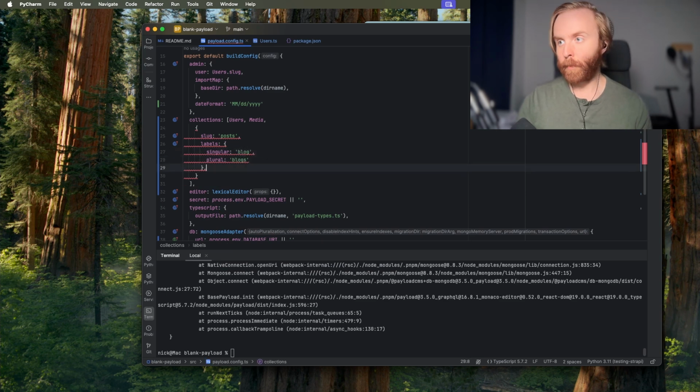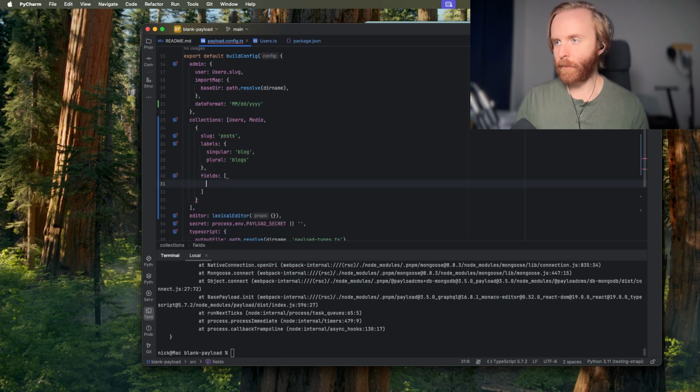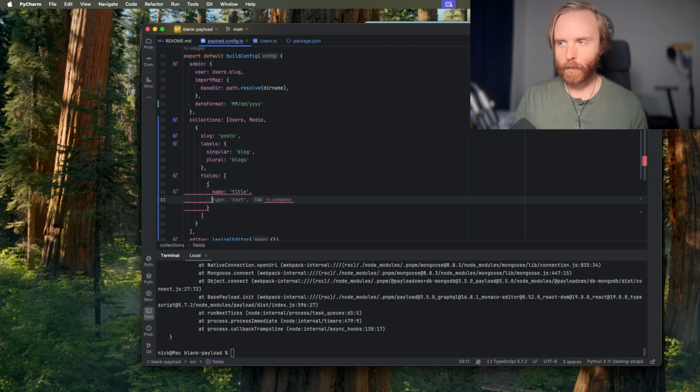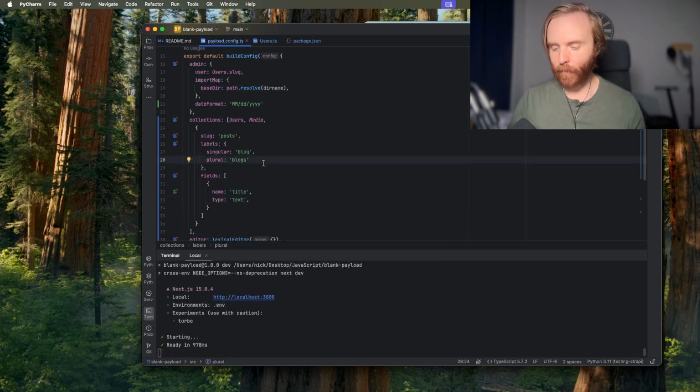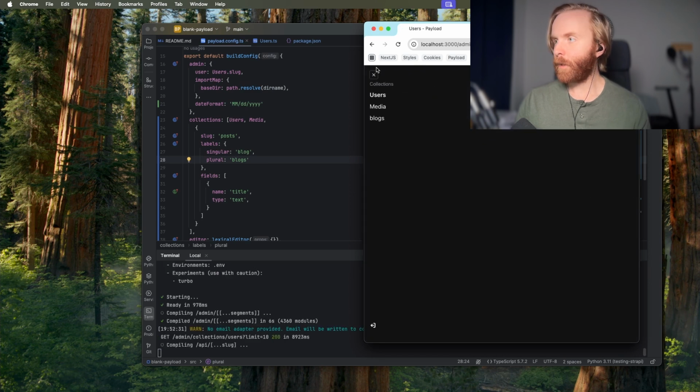Now it's still broken because we haven't passed through all of the required fields, which the last one will be fields. And here we're just gonna pass in a text field. So we'll do name, title works, and then we can do type, we'll do text field. Now when I save this and go back over to our admin and reload, we'll see over here we have